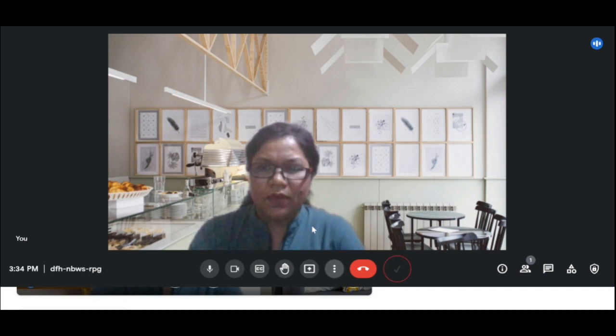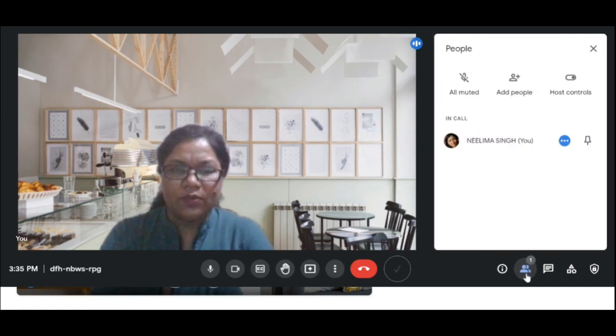If it is not available, you may check the extensions also. If there are any extensions installed, try to disable those extensions from this icon here, and after disabling the extensions, all these features may be available for you. Then the next icon that you see here is the usual total number of participants present in your meeting, and from here you can select all these things.